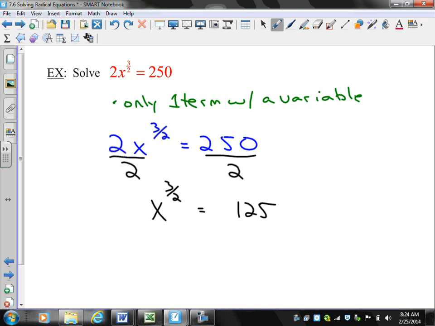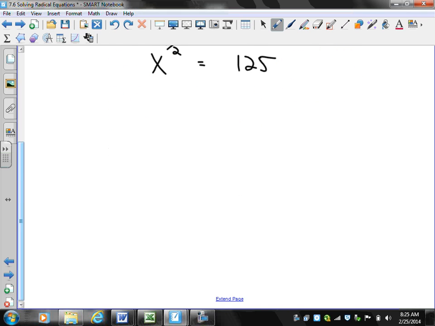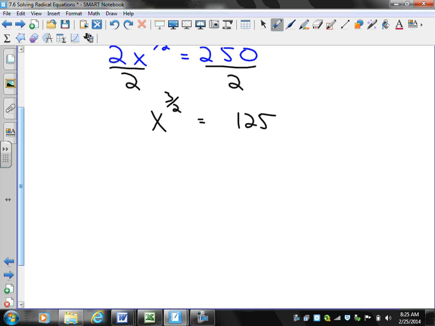I now want to unwrap that exponent. Well, let's think about what we want to end up with here. We want to end up with an x to the 1 power, right? Equals some number. Okay, so how do we make that happen? Well, I'm going to raise both sides